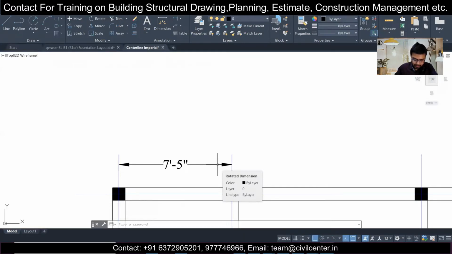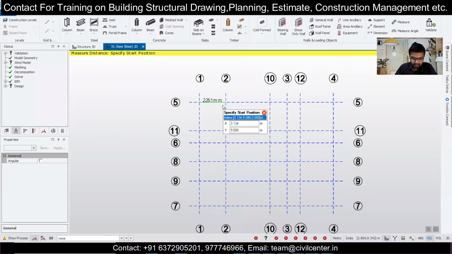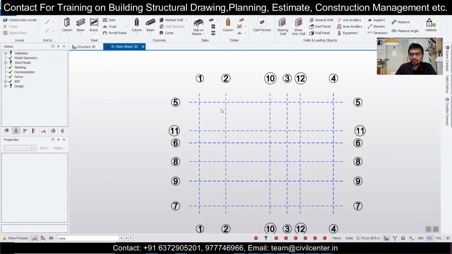So the total is 7.416 feet. We convert it into meters, divided by 3.28, equals 2.260. So here we actually have 2.2609, taken up to 3 places, so it is 2.261. See how accurate this conversion is. We don't have to do anything.